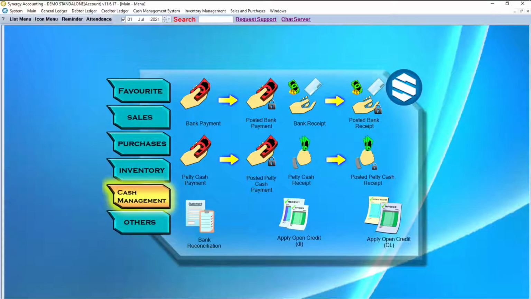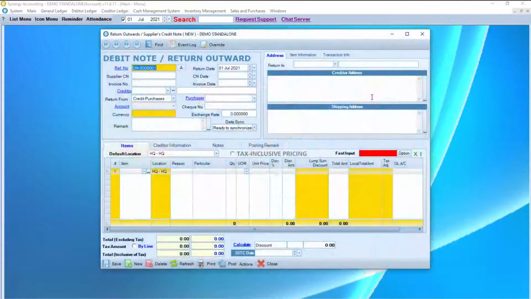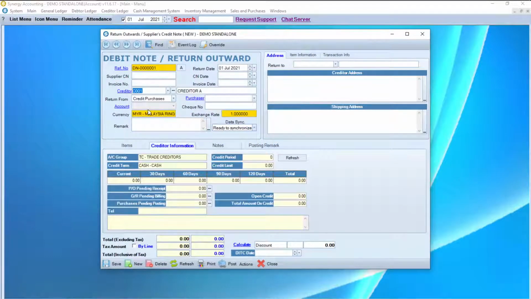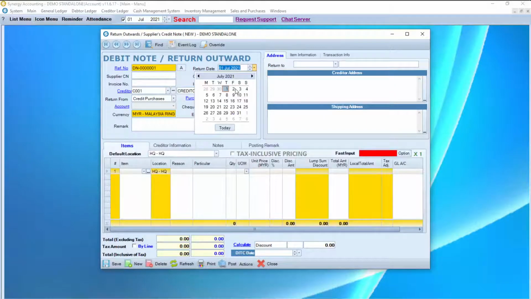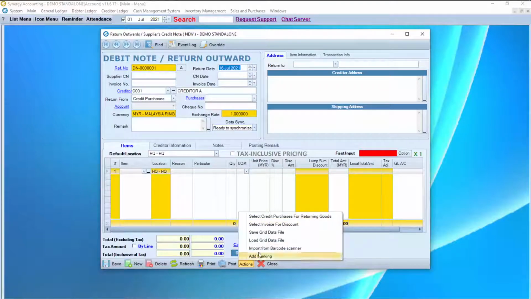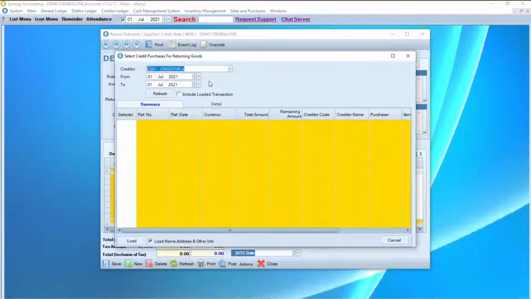If you want to return stock to a supplier, you can press return under purchase and select which supplier. Set the return date, and you can press the action button. Select credit purchase for returning goods. You can select the date when you purchased the item